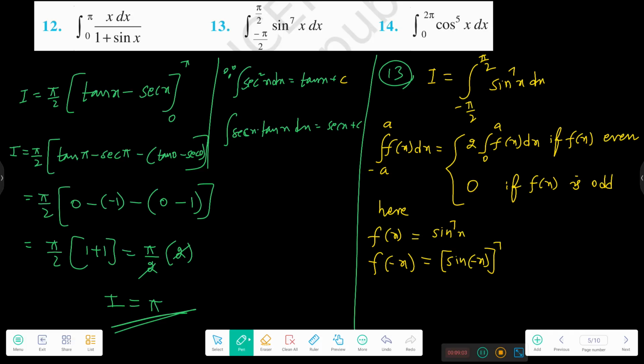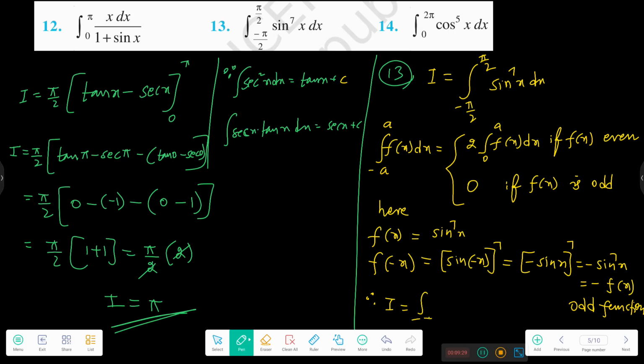What is sin of minus x? Minus sin x, whole power 7, which is equal to minus sin power 7 x. That means minus f of x. Minus f of x, what does it mean? Odd function. Odd function, therefore I is equal to